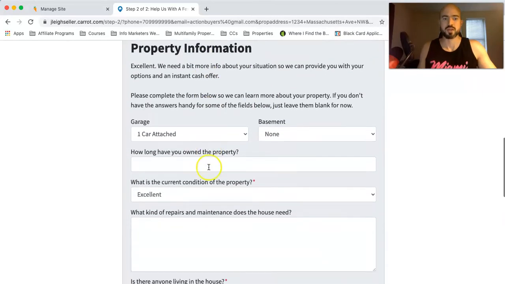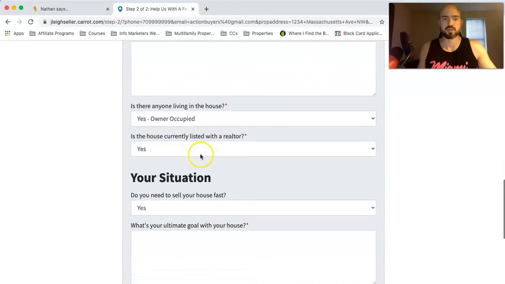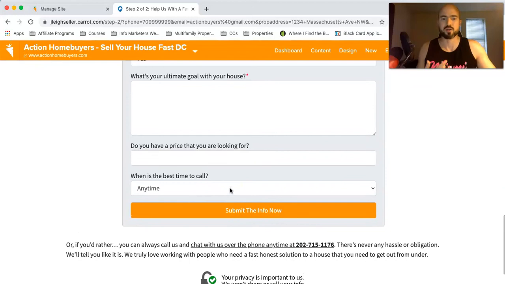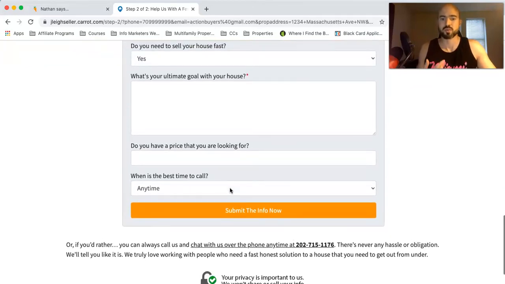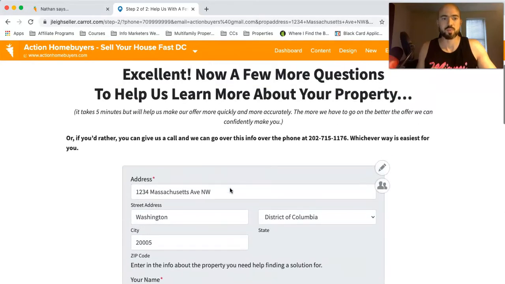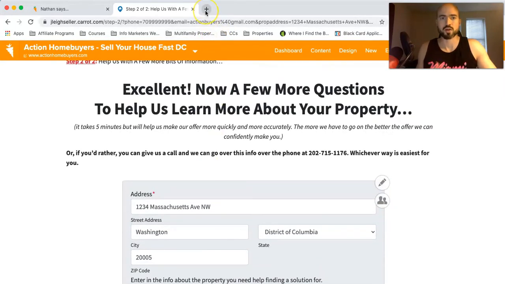property. So then you'd put in all this information, and you can also customize this, but you don't want to customize it too much because they've already tested this millions of times with the millions of leads that they've gotten. So they kind of know the best way to go. And I'll show you real quick what an Investor Carrot lead looks like when you get it from your email.